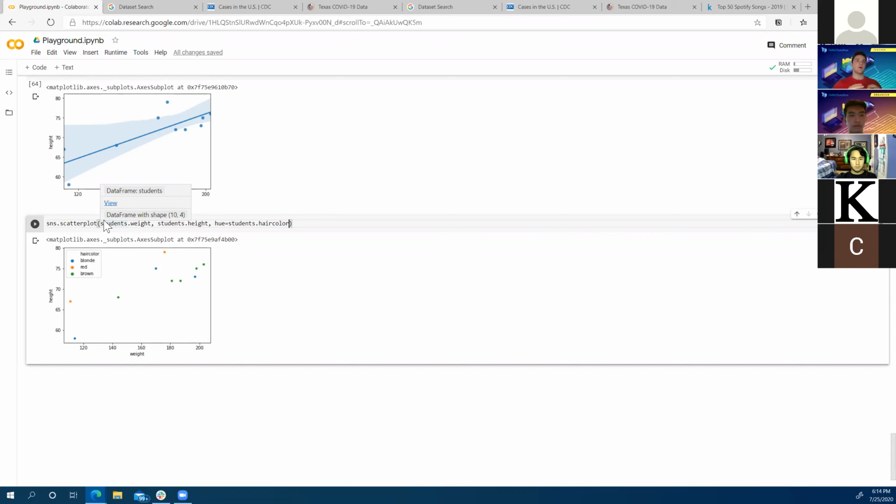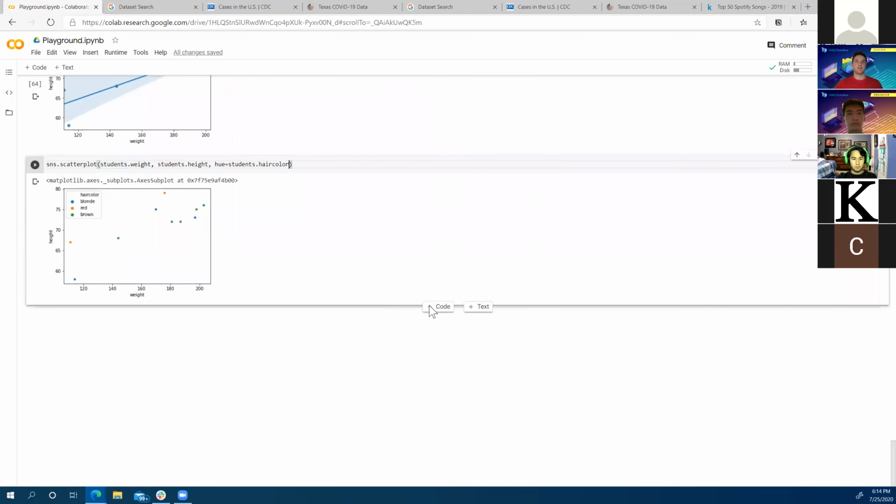So I almost added a third dimension in a way that was represented by color. It's another way to think about that. Basically all these points, depending on their hair color, get colored a certain way. So if you're interested in seeing not just the data itself plotted, but also which categories those data points are part of, this might be a function that you use to plot that type of information.